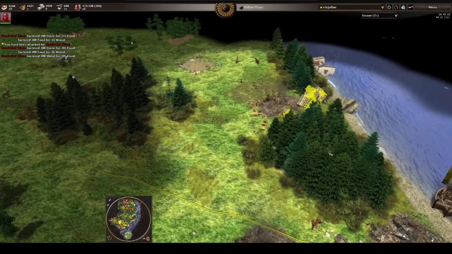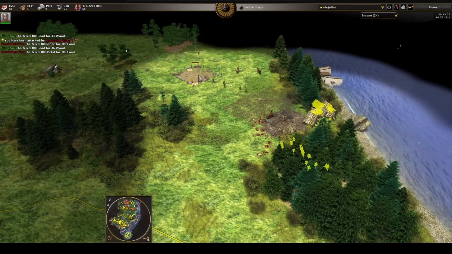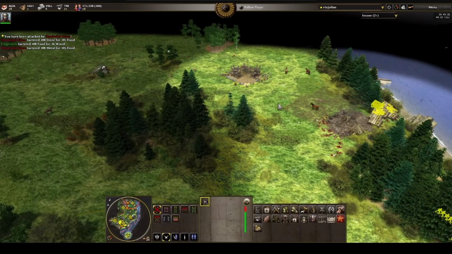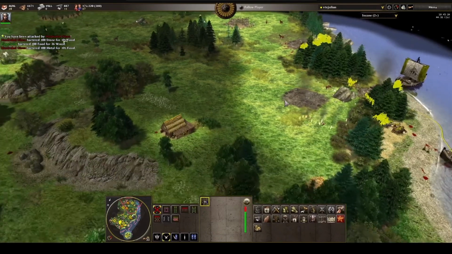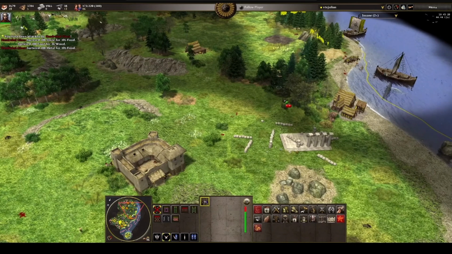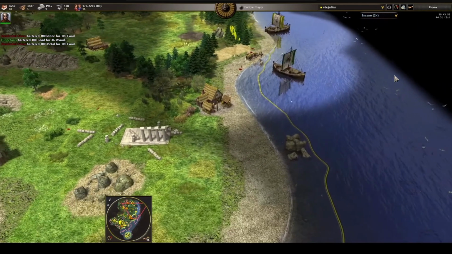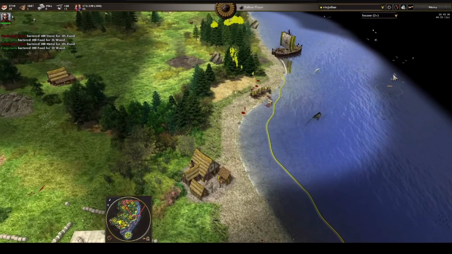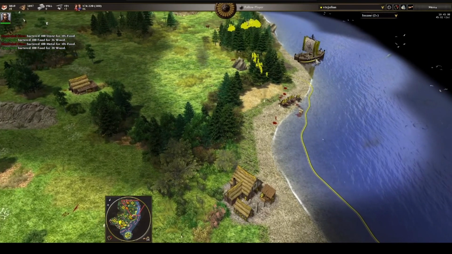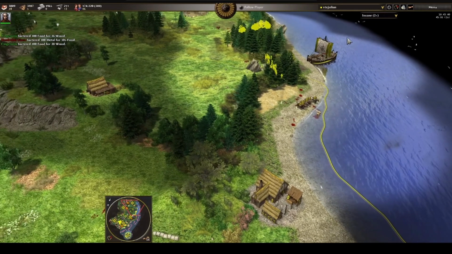We have demolished the port and we are going to build another civic center there. You see five soldiers who are going to build there. Like this, we prevent the opponents from doing it. Here we have a ship that we have sunk without having to use the ships. Okay, well,